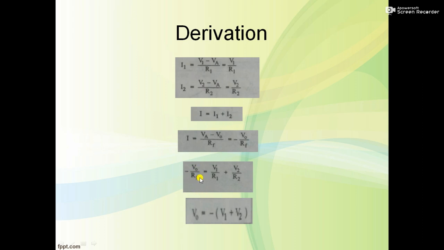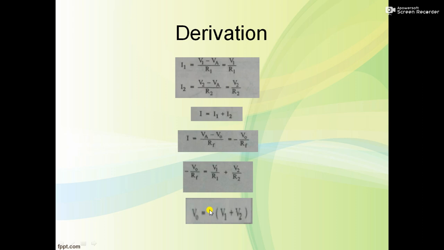if you send minus and 1 upon RF to the right side, RHS, and after that keep RF equal to R1 equal to R2, meaning consider all resistance values are equal, finally we get V0 is equal to minus into bracket (V1 plus V2). So this is the output equation. It indicates that the op-amp is also used as a summing amplifier. That means it adds two input voltages V1 and V2 in the inverting form.